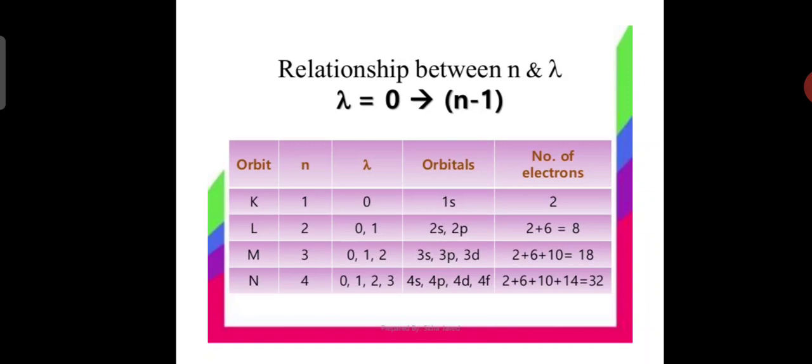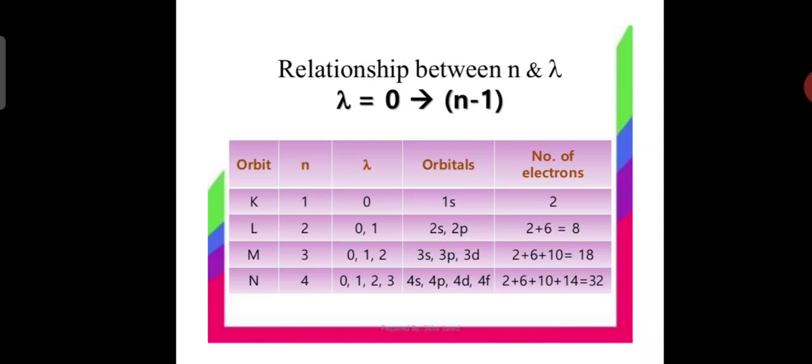Next, on the third energy level, the orbitals are 3s, 3p, and 3d. We have 3s with a maximum of 2, 3p with 6, and 3d, where the maximum in d is 10. So that is equal to 18. The maximum number of electrons there is 18.